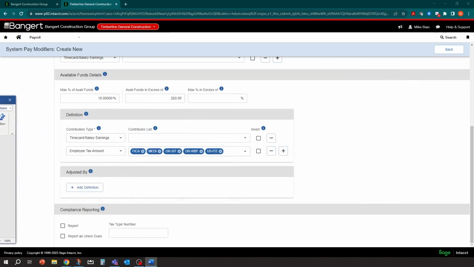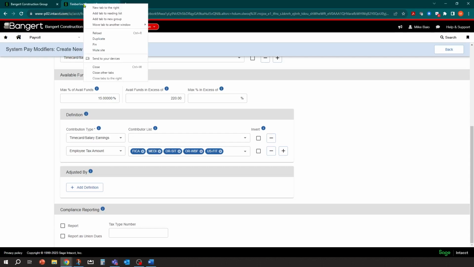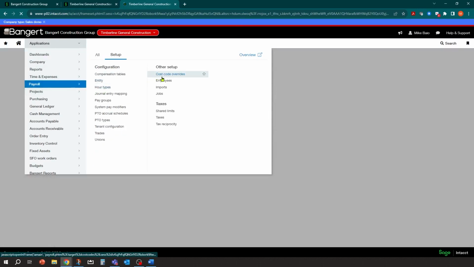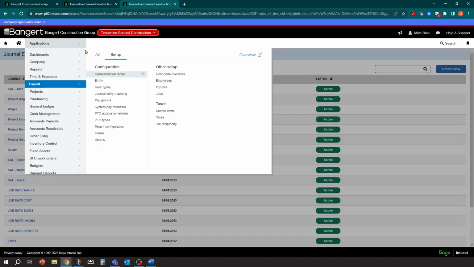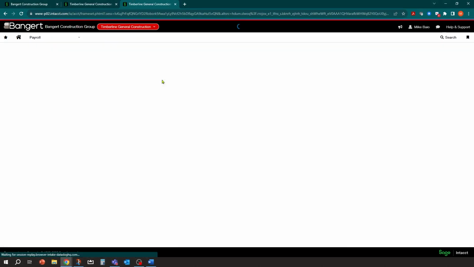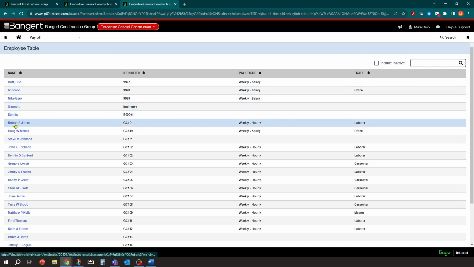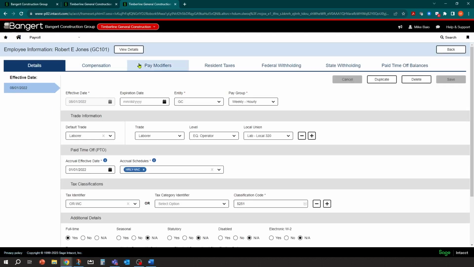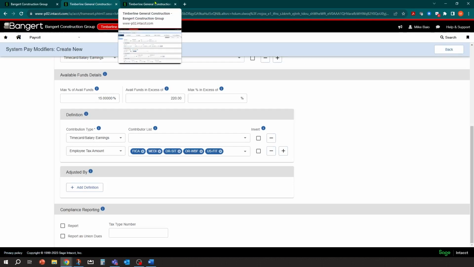Okay. So what we can do here is there's an adjusted by column. And again, a great explanation of what you need to do here. No formulas needed. You just come down step by step through. So in this scenario, again, I went and looked at the employee pay setup. And actually what we can do is while we're in the screen, we can right mouse click, we can click duplicate, and let's pull up that employee. So there's nothing wrong with having multiple tabs open here. It's very nice, especially in Intacct and when you're going through some employee setup. So we can actually have Robert Jones his setup right here while we're going back and forth, or if you have two screens, even better.